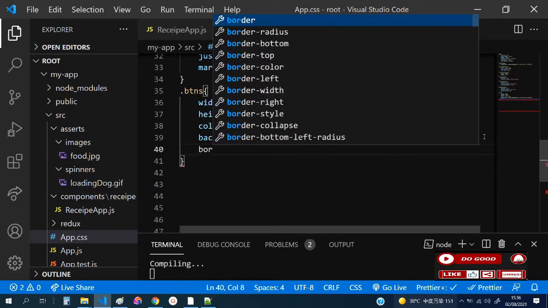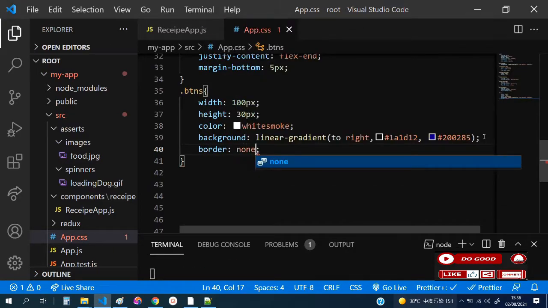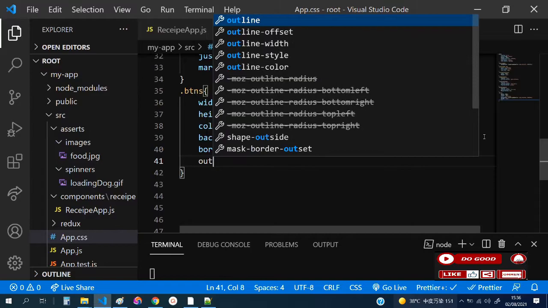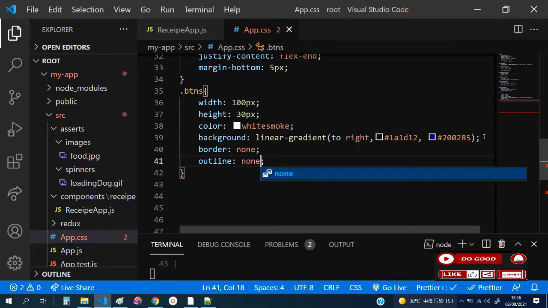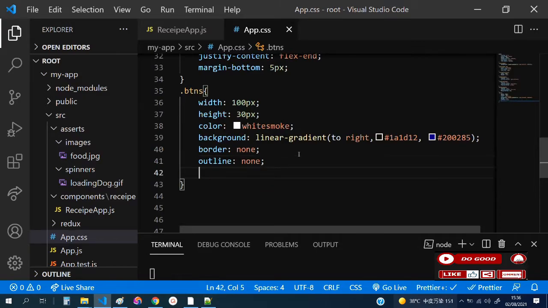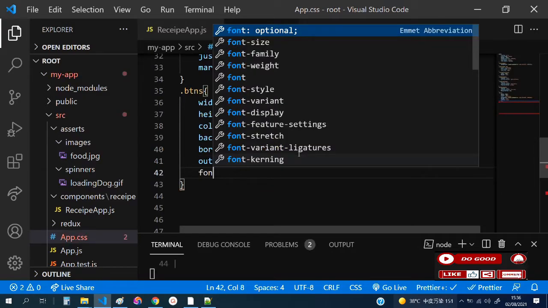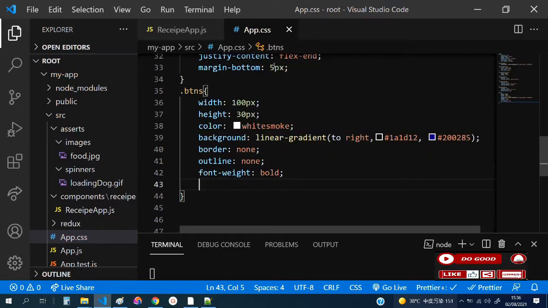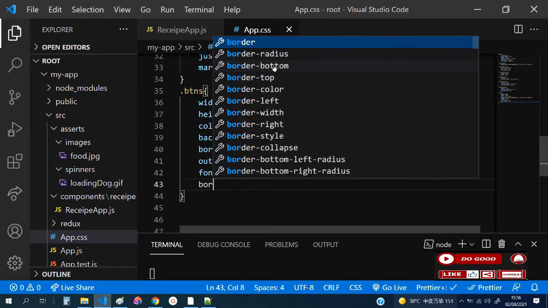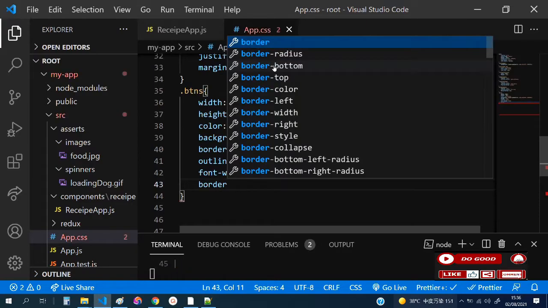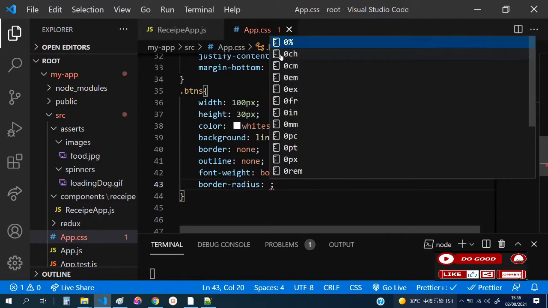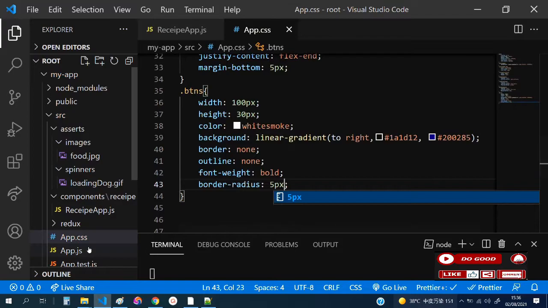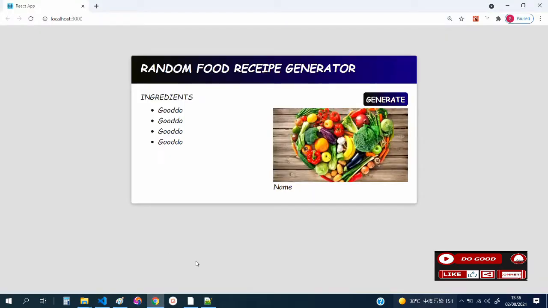Border, border none. Outline, so none. Font weight bold, and border radius. Border radius 5 pixels. Now let's check that out. Good. Button is ready. Now next thing is that